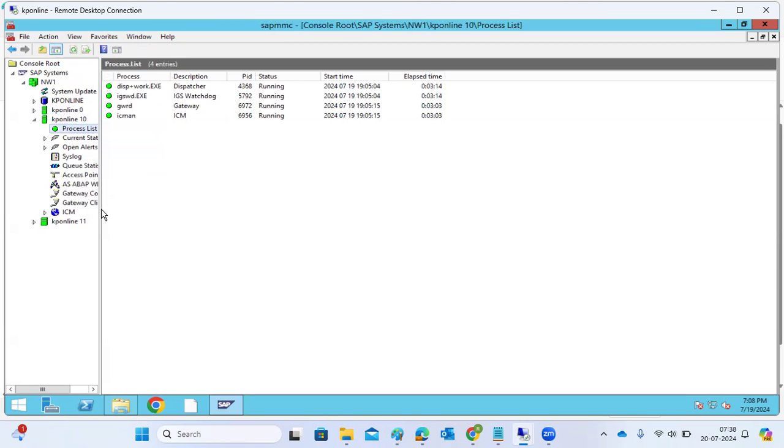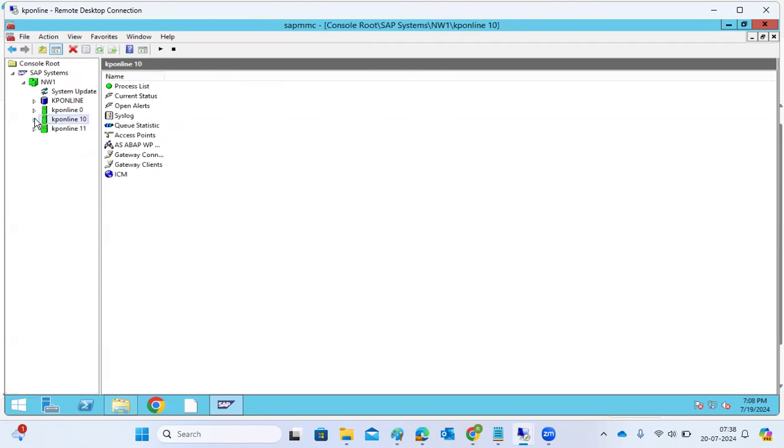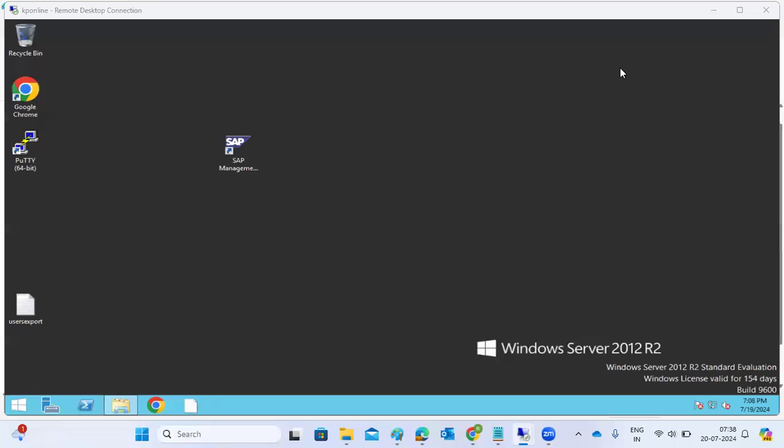In this case, the message server will send the request either to 00 or to 10. It will check based upon the users and the load, and send the request to the respective app servers. So now let me show you